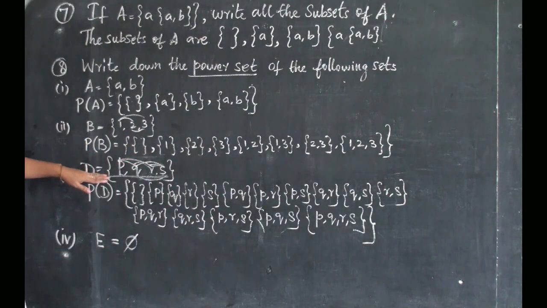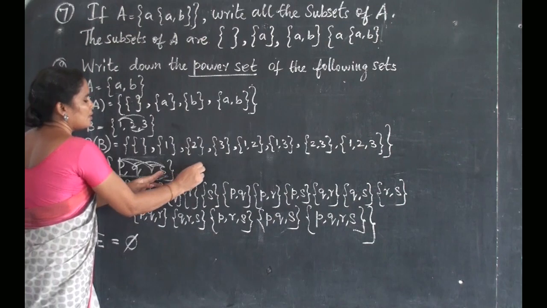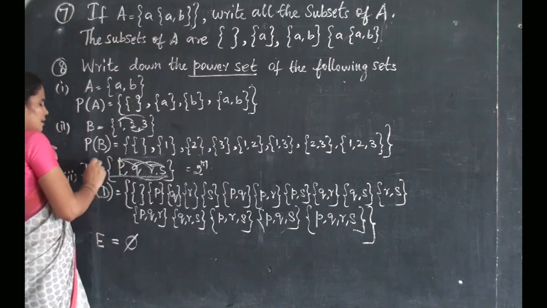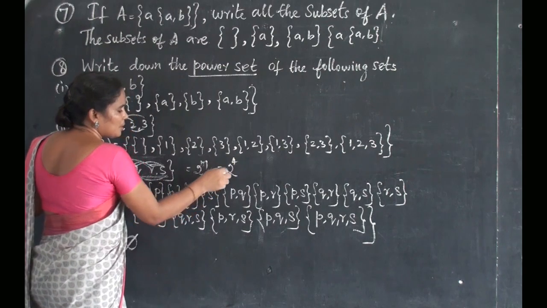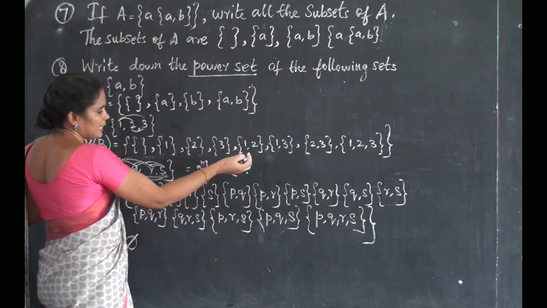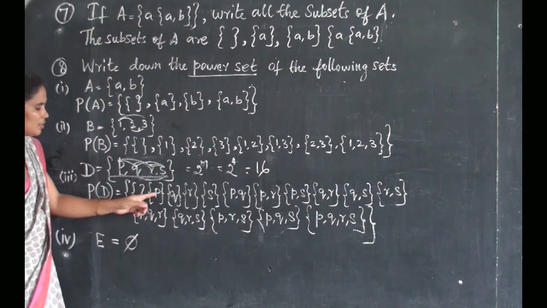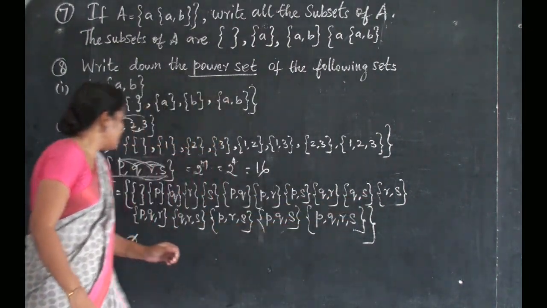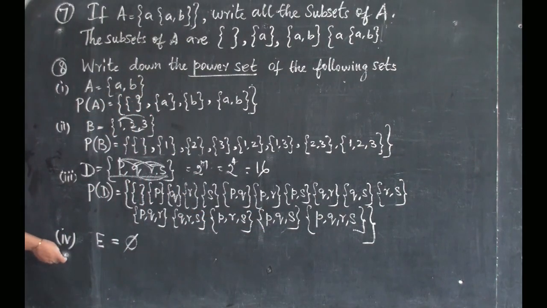Okay, here we have a small trick to check whether we have found all the proper sets or not. We have 4 elements, 1, 2, 3 and 4. To make it clear, 2 to the power of n. How many members are present in D? There are 4 elements, 4 members. So 2 to the power of 4. 2 2s are 4, 4 2s are 8, 8 2s are 16. If you count here, we will have 16 elements present. 1, 2, 3, up to 16. Then it is right.